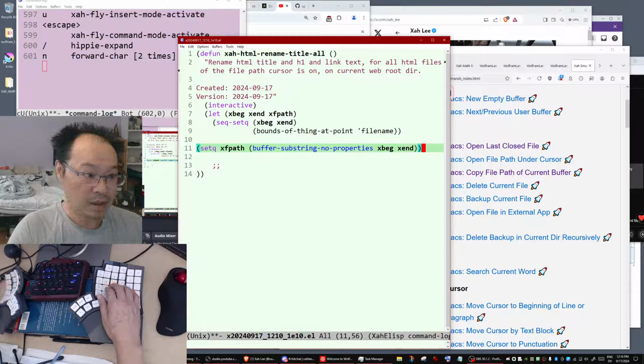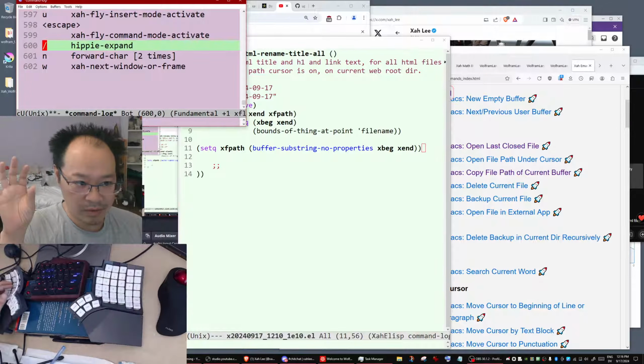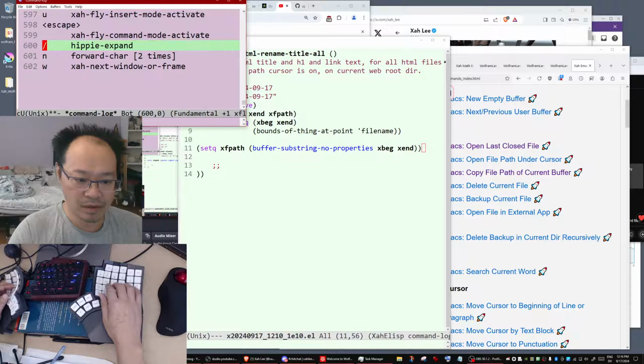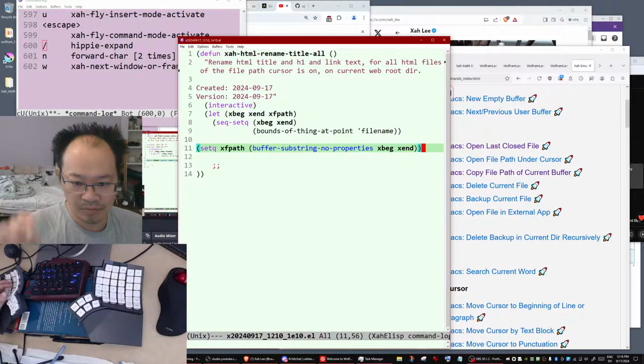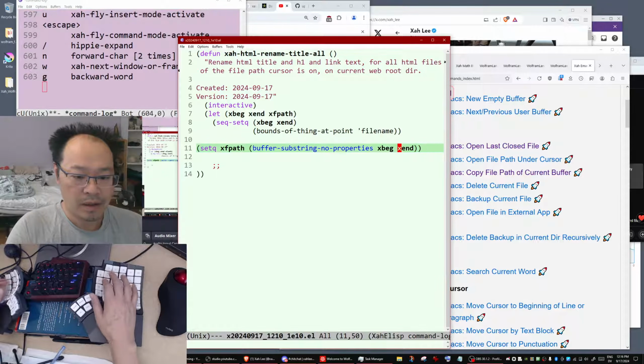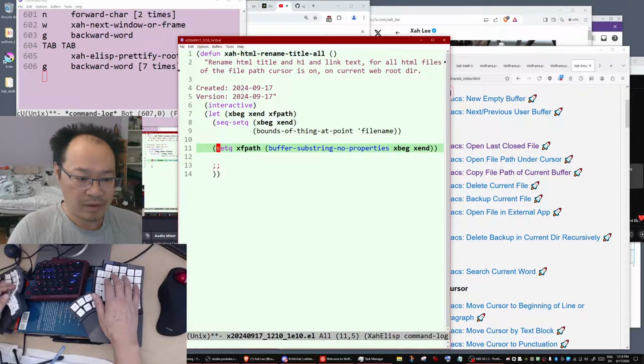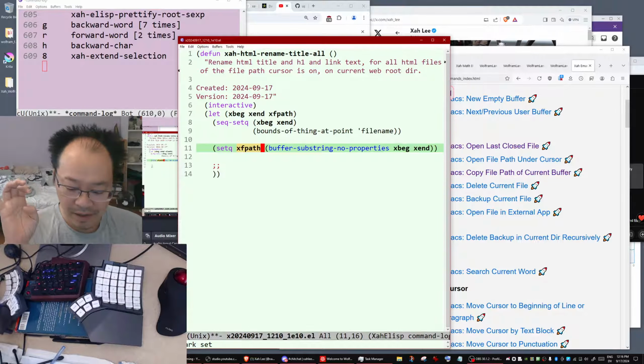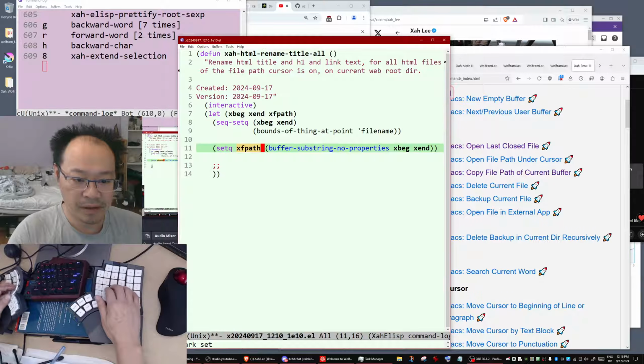I'm using, by the way, hippie expand for completion. That's a very useful command. So now x file path is a string of the file path.